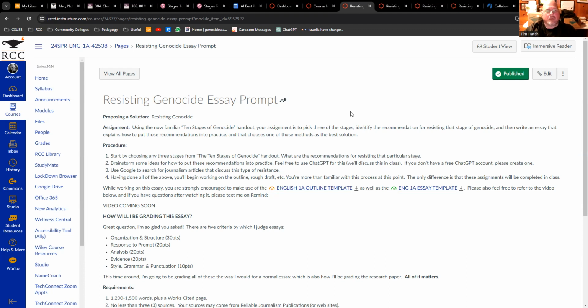So, using the now familiar 10 stages of genocide handout, your assignment is to pick 3 of the stages, whichever 3, entirely up to you. Identify the recommendation for that stage, specifically the recommendation for resisting that stage of genocide, and then write an essay that explains how to put these recommendations into practice and that chooses one of those methods as the best solution. The procedure for this, honestly, is just look at the handout, choose 3 stages, whichever 3 you feel like writing about, and then